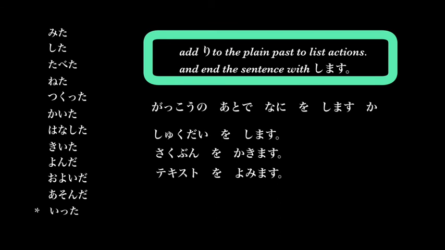宿題をします would become 宿題をしたり。作文を書きます would become 作文を書いたり。テキストを読んだりします。After school, I do my homework, write compositions, and read the textbook, in whatever particular order I choose. Using the plain past, adding り and ending our sentence with します。